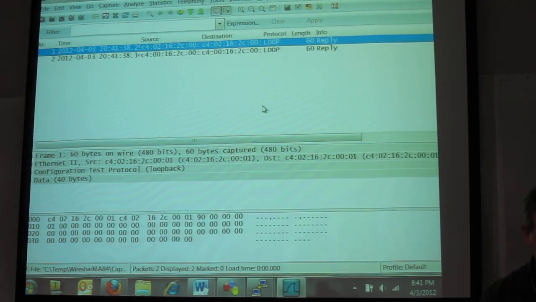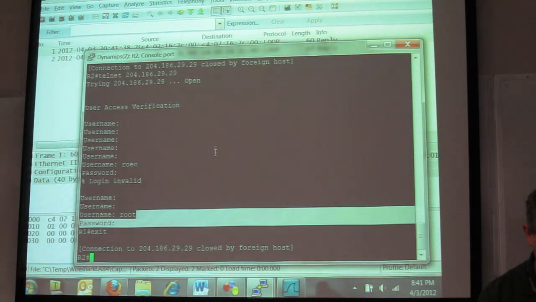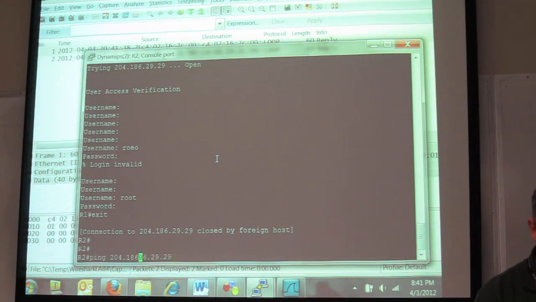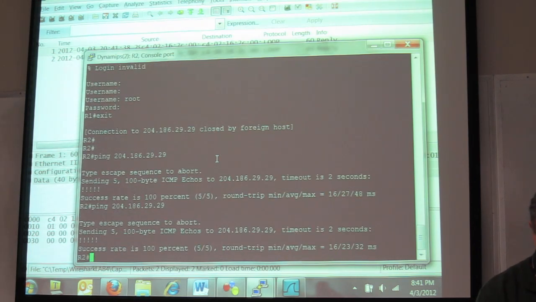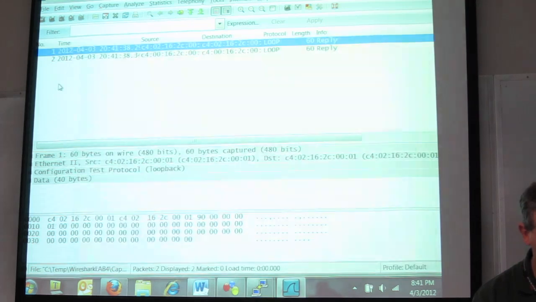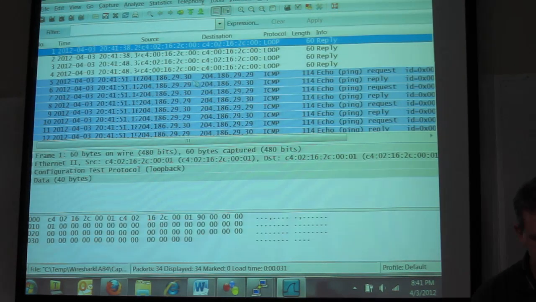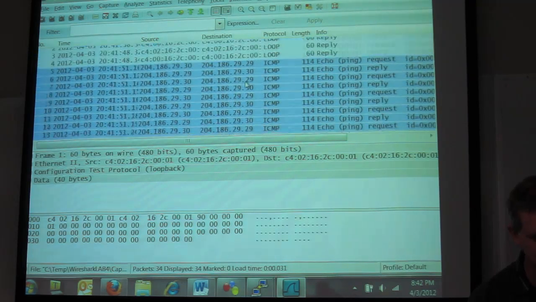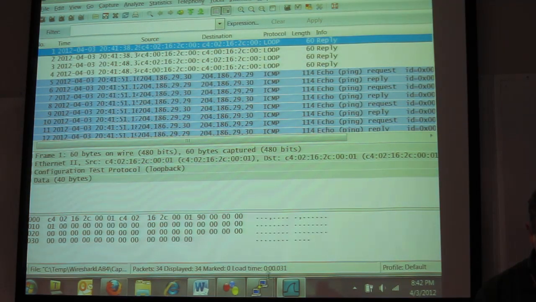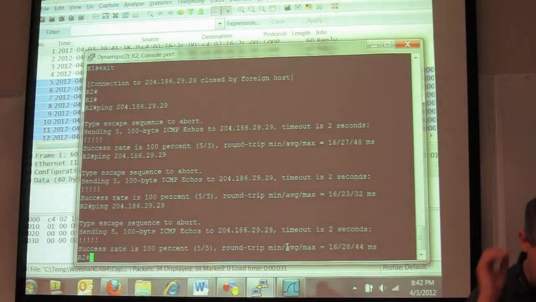Now, if I go to R2, and if I ping my interface, woohoo, get some traffic going here. If I refresh, wham, I see all that ICMP traffic. Pretty cool, huh? Well, now I got to administrate my